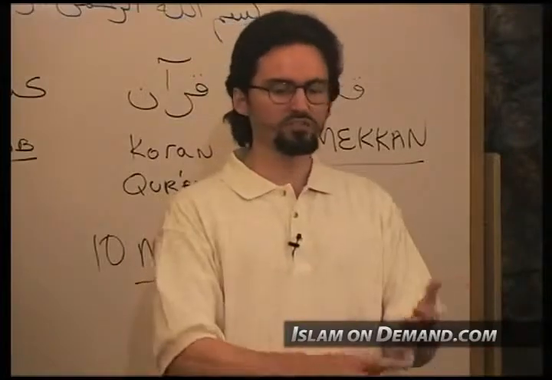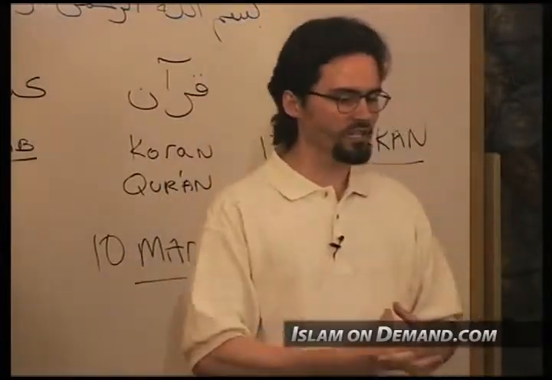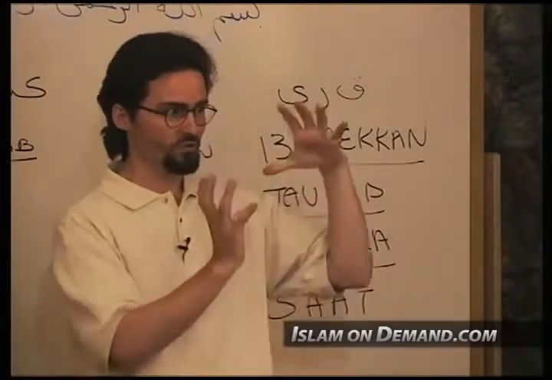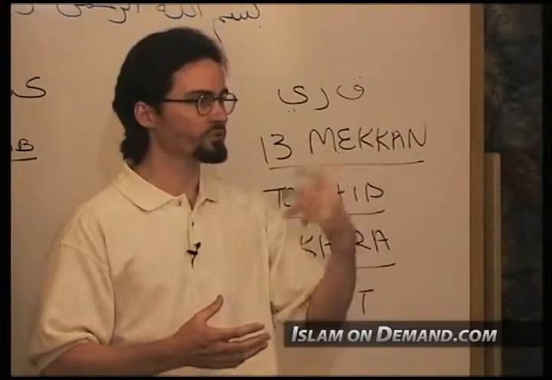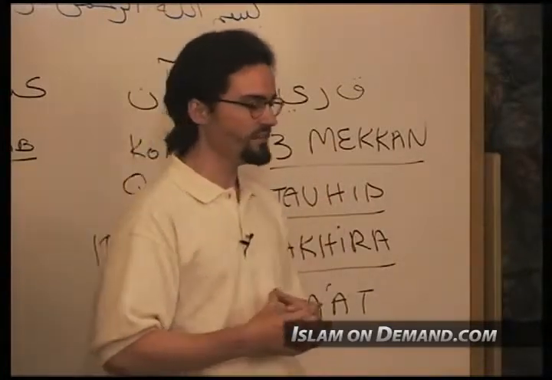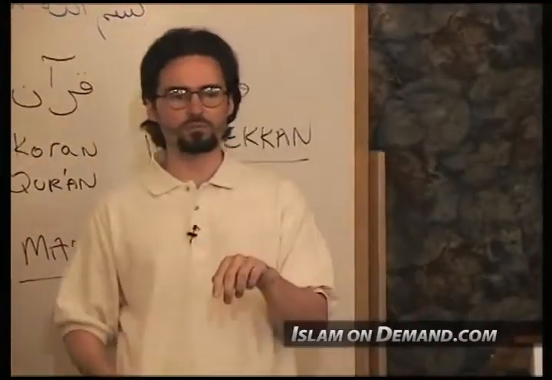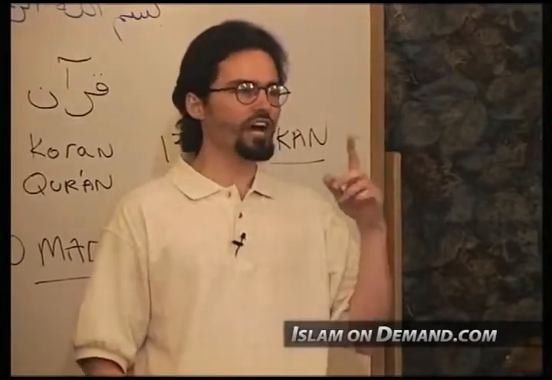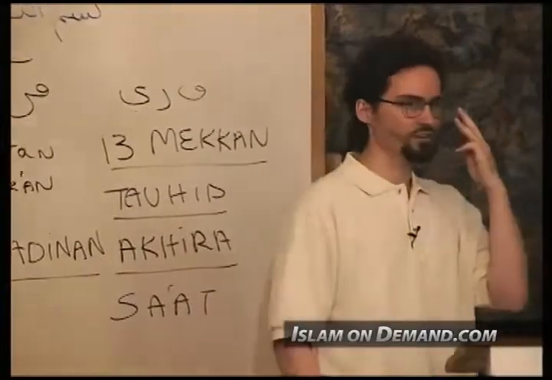Prior to that, they had been using palm ribs, and they were using the shoulder blades from camels, which are quite large, to write verses and things like this with soot. They would use a type of ink. And this is how they were writing the Quran. They put the entire Quran, and it was kept, Omar kept it, and then it was given to Hafsa. Now during the time of Uthman, who is the 3rd caliph,